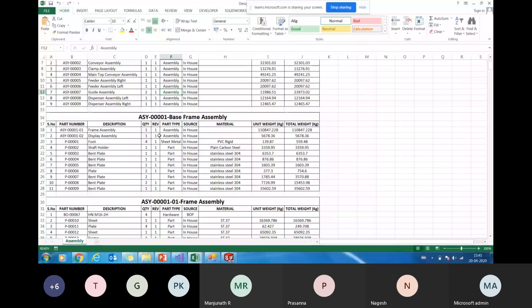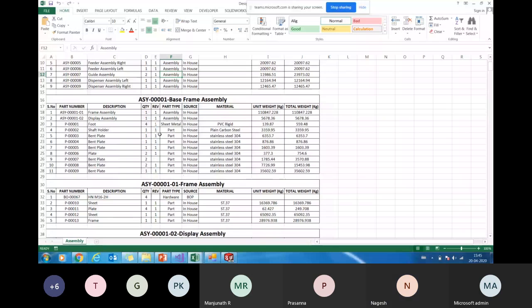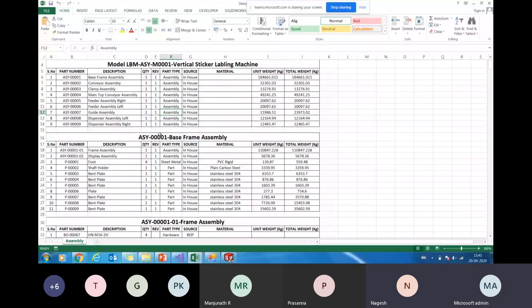Yes. Okay. Can we get this into a separate sheet itself? Separate sheet as in? How do you want it? Let's not take it into a separate sub-assembly heading and get the part numbers and every detail of that here. Let's put it in an indented format.